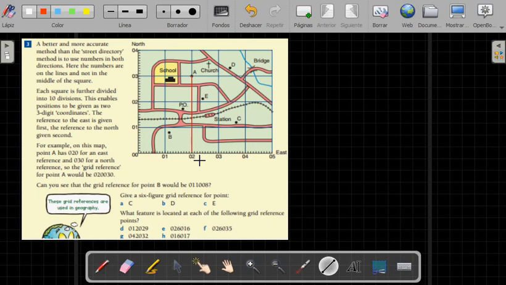Now, what about the north reference? We're going to do the same. We're going to draw, but this time, a straight and horizontal line to the north reference. Here we go. And here it is. We are in